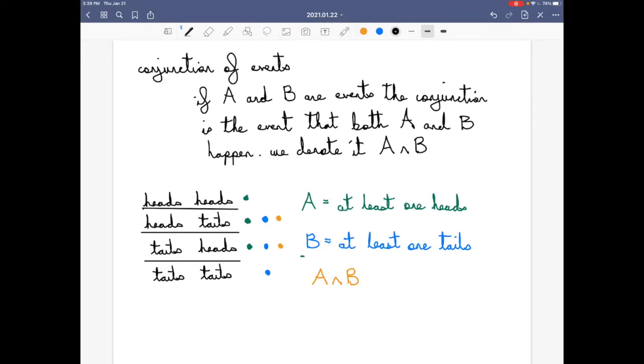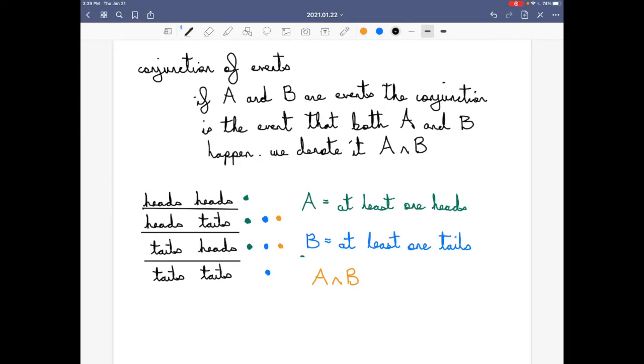Another way this same concept manifests itself is as the concept of intersection in set theory. If you're thinking about events as subsets of the sample space, the conjunction is the intersection of the two subsets. So we can see an explicit example with what we're doing in our